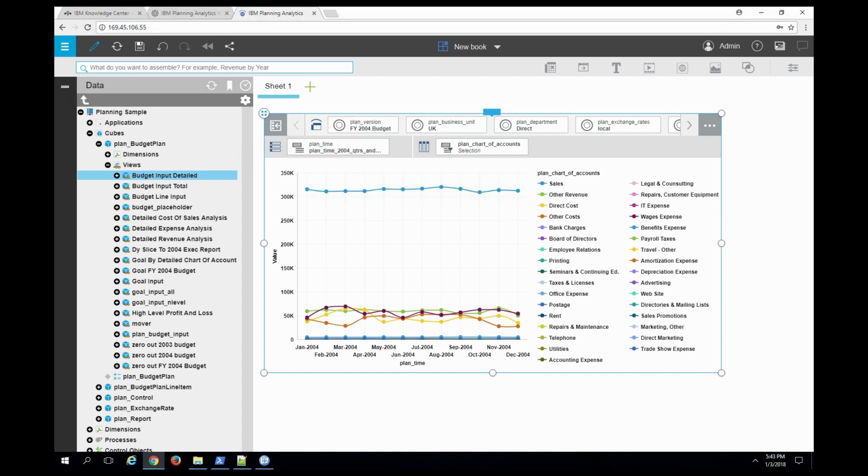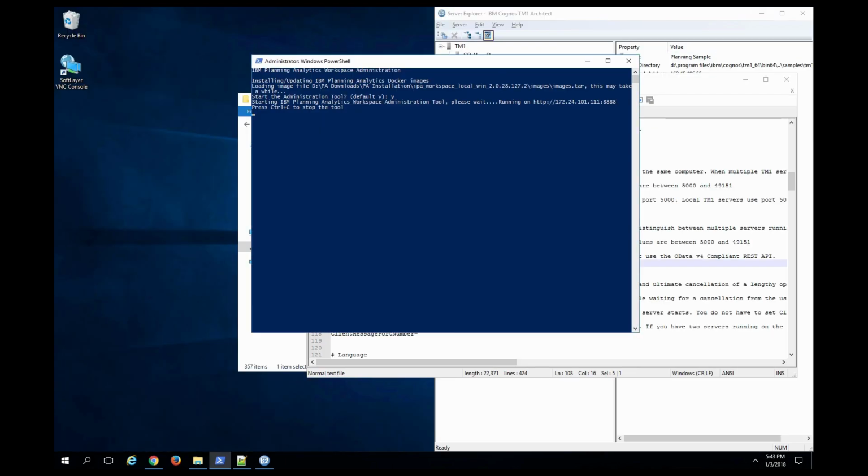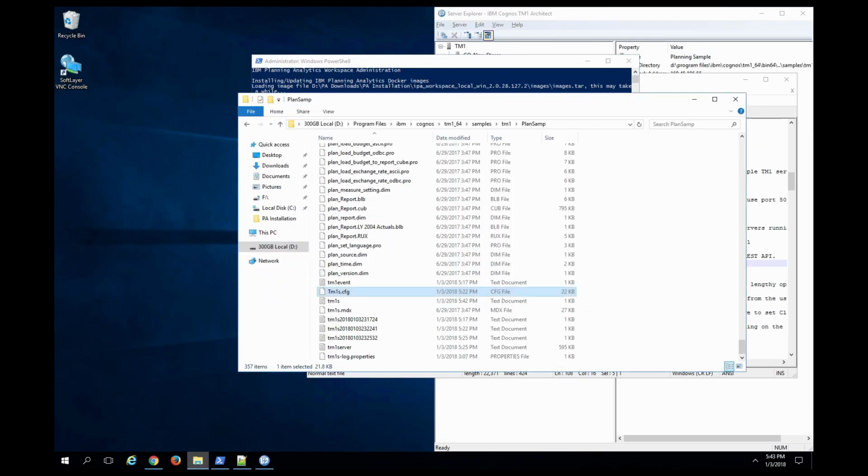Okay, so this is the workspace installation. That's just how you do the workspace installation. Now, our next step is going to be installing Planning Analytics for Excel. That's the Excel component for Workspace. To do that, I'm going to need the files that are associated with it, so we're going to open up that installation directory one more time,